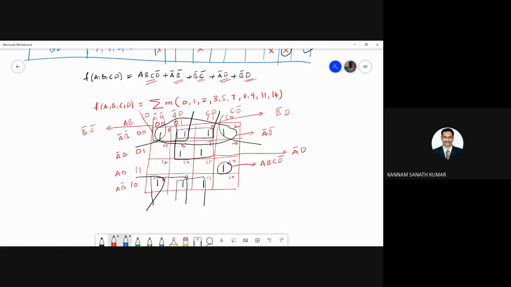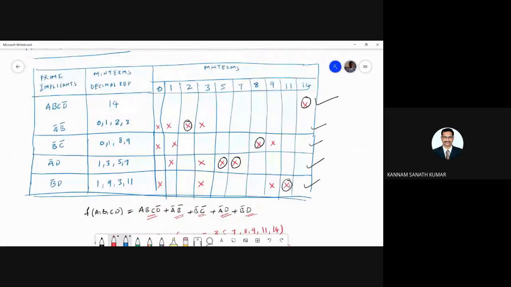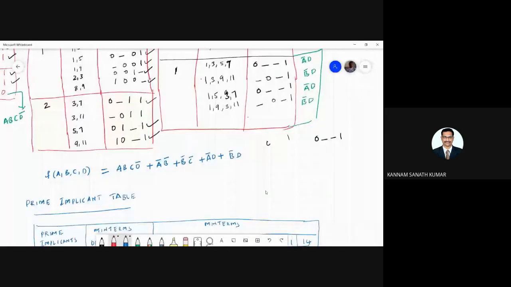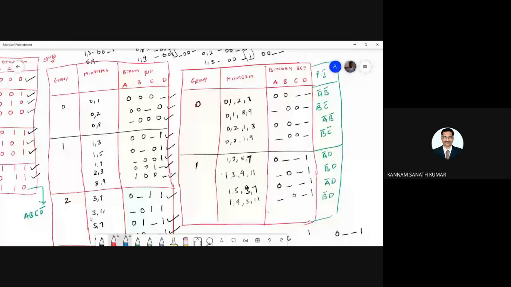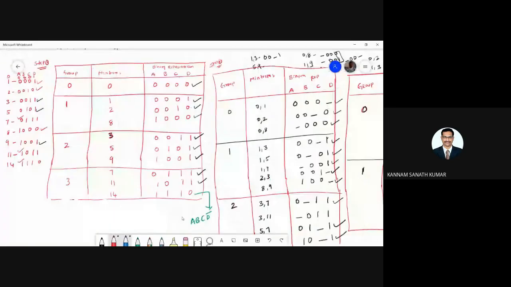Okay, so like this you have to do the tabular method, and in the next class I will tell you some more examples, where you have to include the don't cares also. So when don't cares are given, what should you do? Okay, you have to take the don't cares as min terms, and you have to do the same procedure. I'll explain it. And parallelly, for 5 variables, I will tell you this tabular method. So one more class is needed.